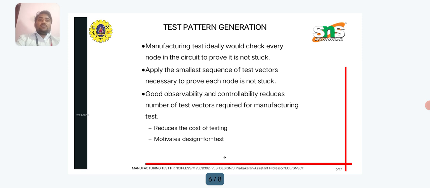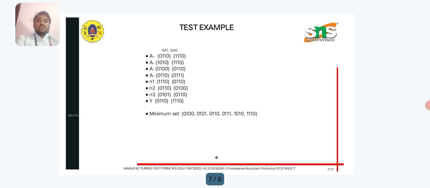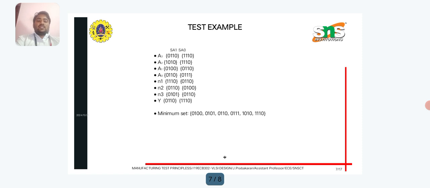And test pattern generation. Manufacturing test ideally would check every node in the circuit to prove it is not stuck. Apply the smallest sequence of test vectors necessary to prove each node is not stuck. Good observability and controllability reduces number of test vectors required for manufacturing test. For example, an example of test vector. And some of the manufacturing test is